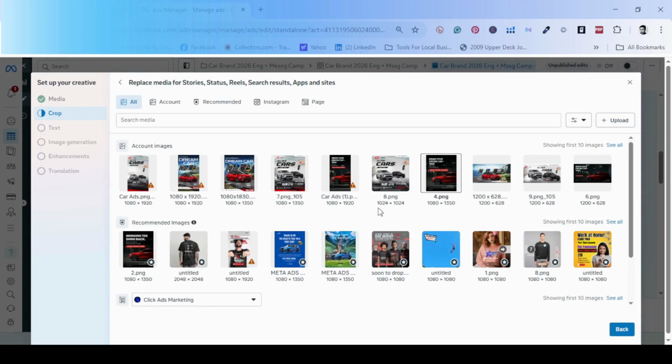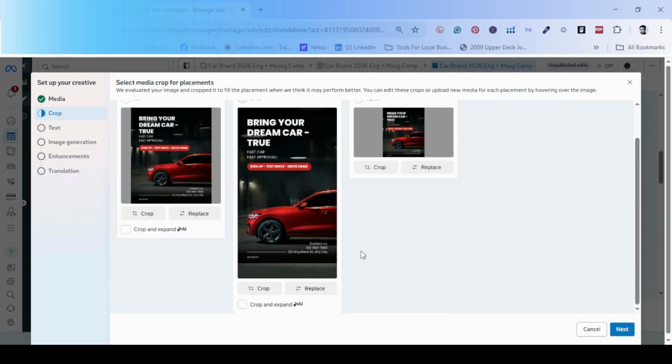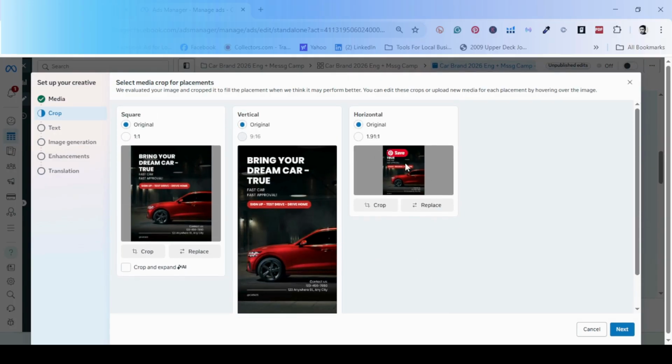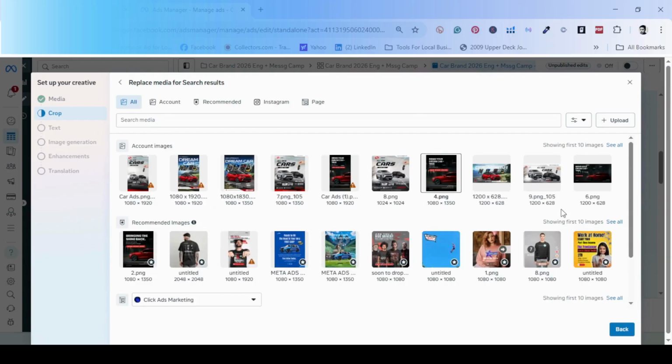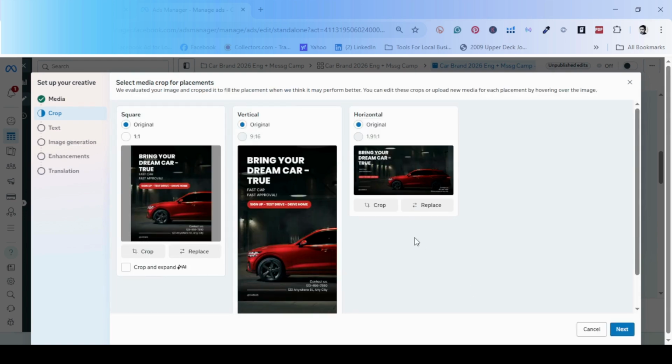So we're going to choose a 1080 by 1920 aspect ratio. Okay, so it's fit in, and this time we're going to replace also to make our creatives fit inside the box. So we're going to choose a 1200 by 628 aspect ratio. You can edit your creatives inside Canva. Okay, and then next,